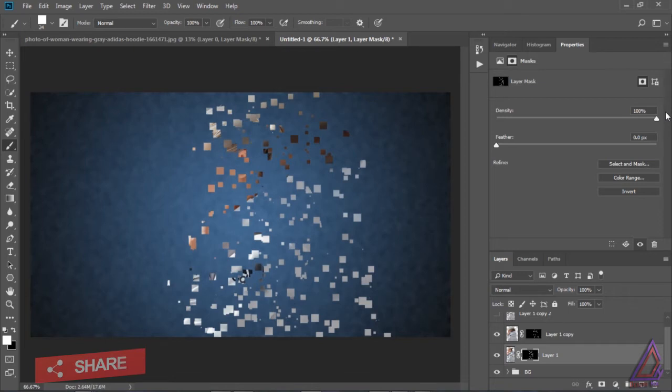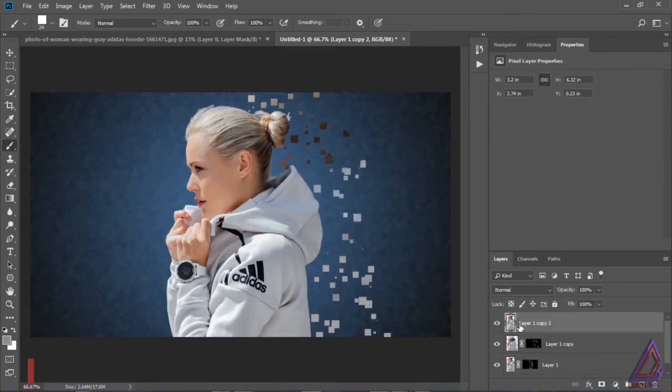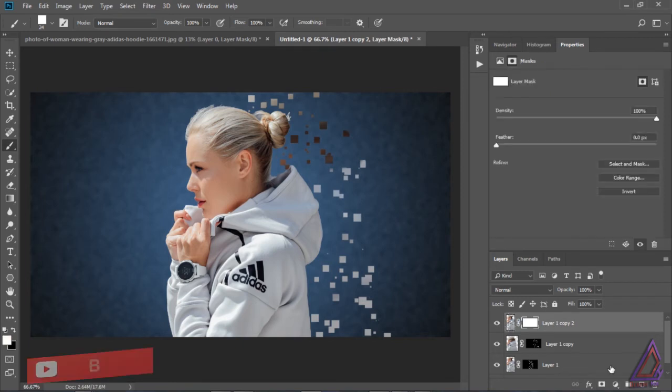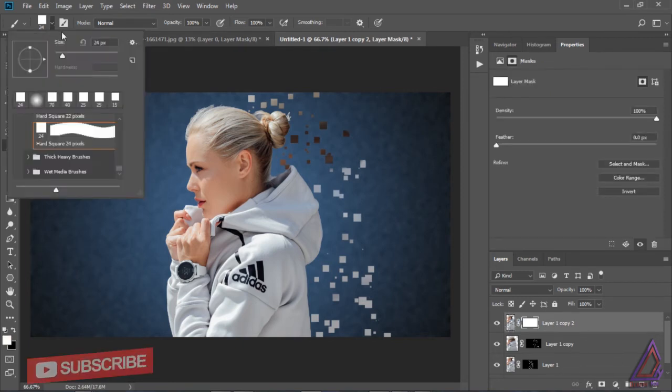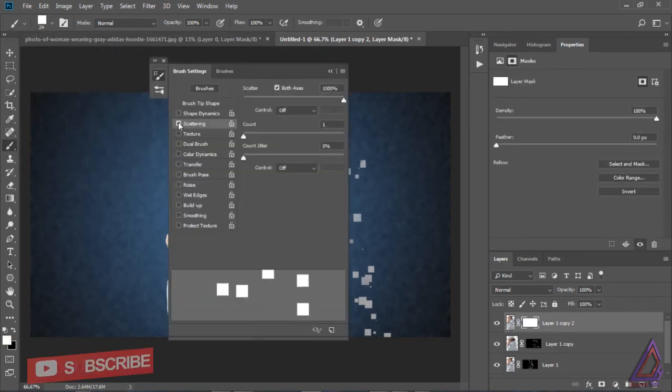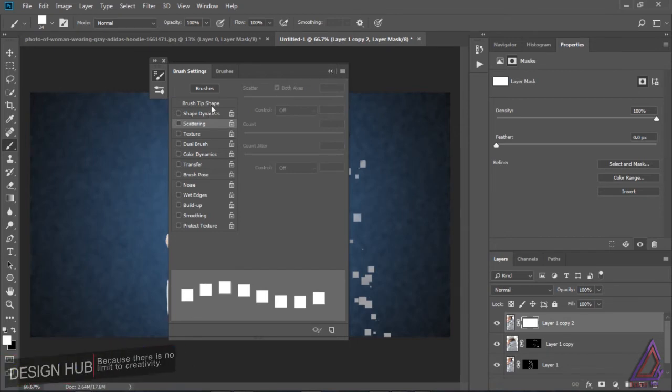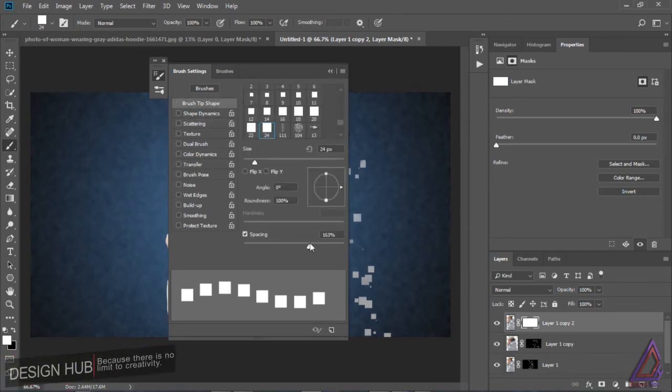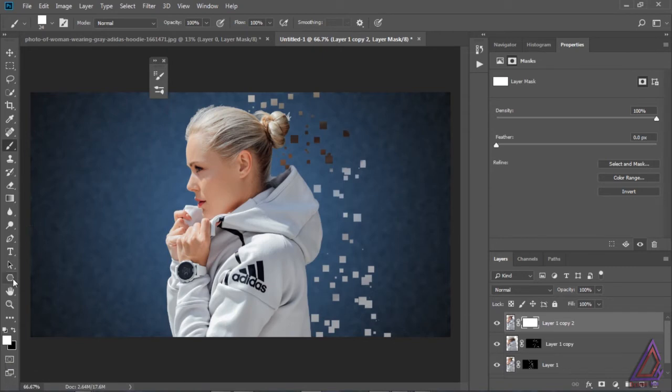Now we will unhide the top layer and add the white mask to it. Again we will take the square brush but change its settings here. We will turn off the scattering and shape dynamics effects. We will only keep the spacing settings as before, 163%. One thing to remember here is that we will now change the brush color to black as our mask